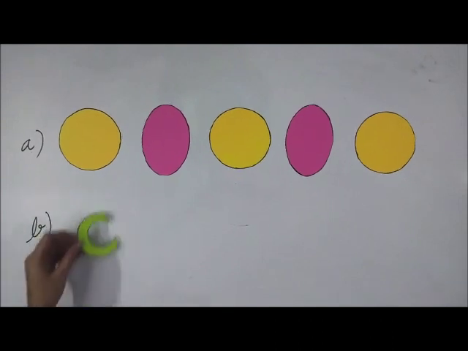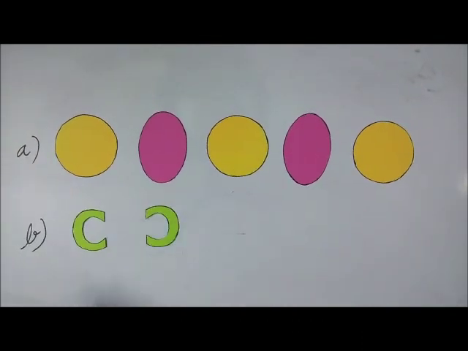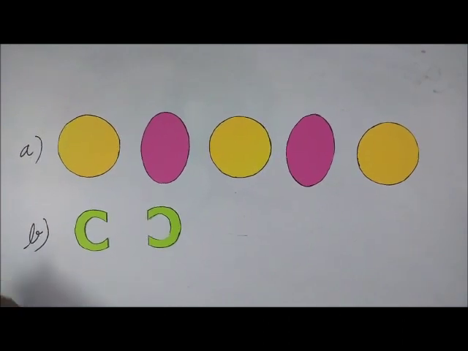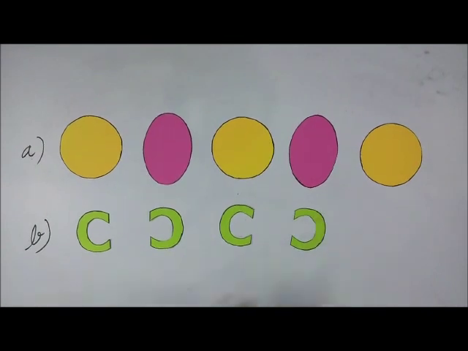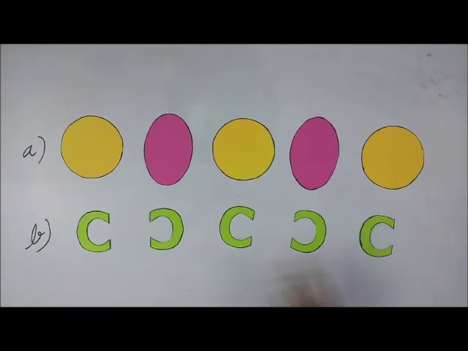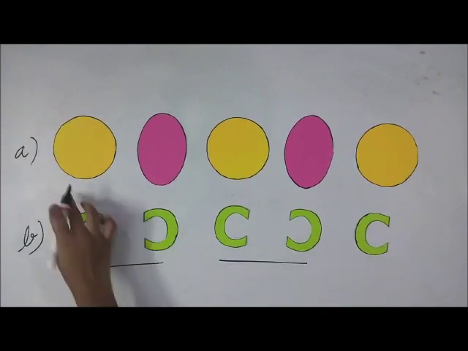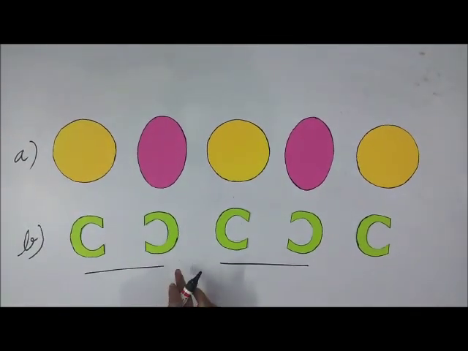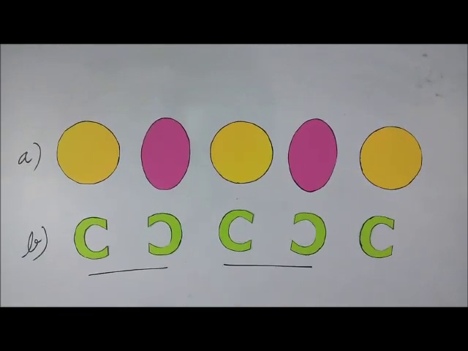Second example is C is in rightward direction, again C is in leftward direction. Then again we need to use C in rightward direction, C will be in leftward direction, C will be in rightward direction. These are the mirror image of each other also. I have used a number of shapes and letters. You can use any pictures and any alphabets also.